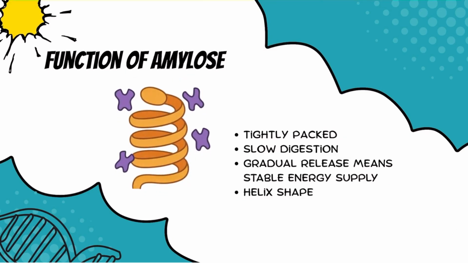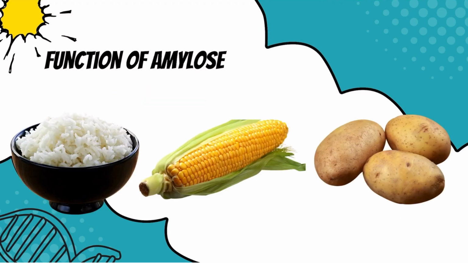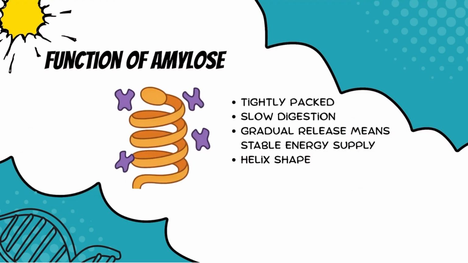But then, in humans, it is slightly a bit different since it's more of not a future energy need, but a temporary energy source. When we eat starchy food like rice, corn, or potatoes, enzymes in our digestive system break amylose down into glucose for energy. However, amylose is more resistant to digestion than other carbohydrates because of its helical structure again.